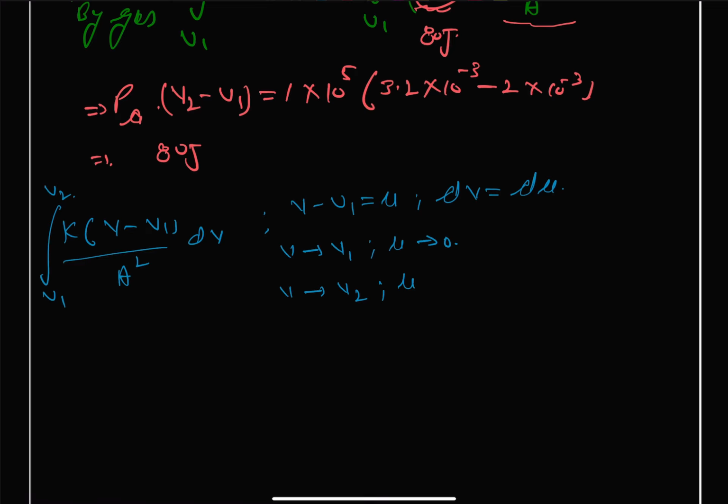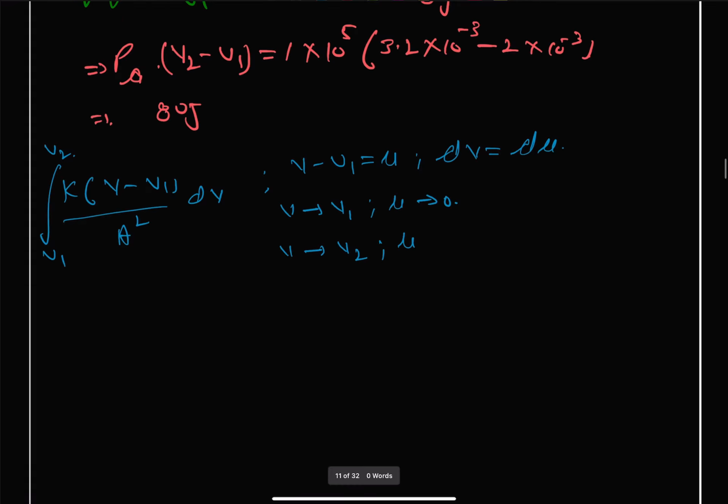And V2 minus V1 we can calculate. This will be 3.2 into 10 to the power minus 3 minus 2 into 10 to the power minus 3. So it gives us,